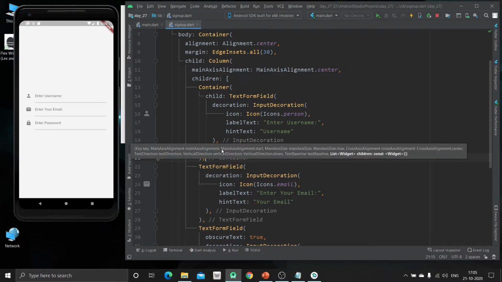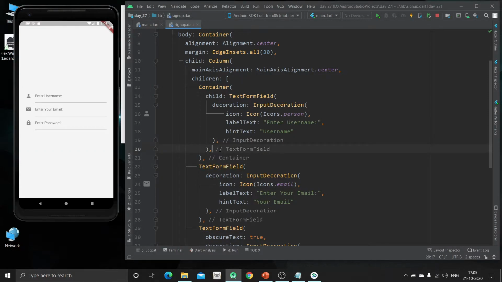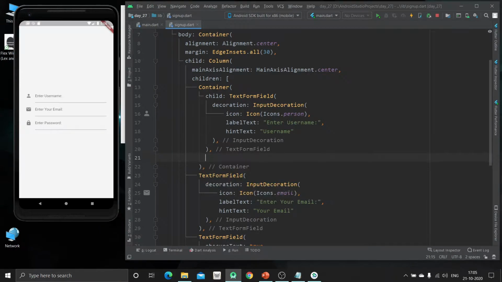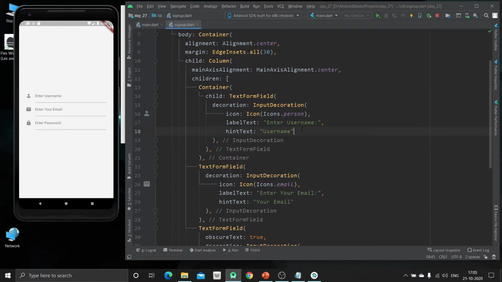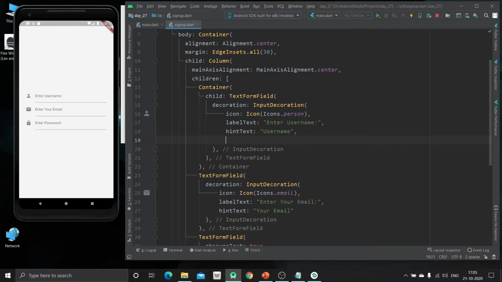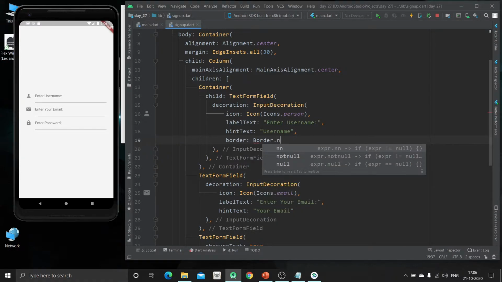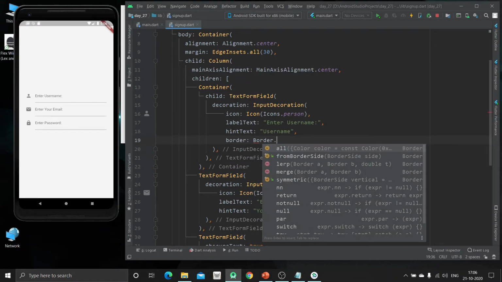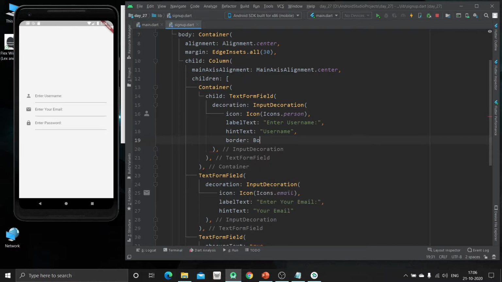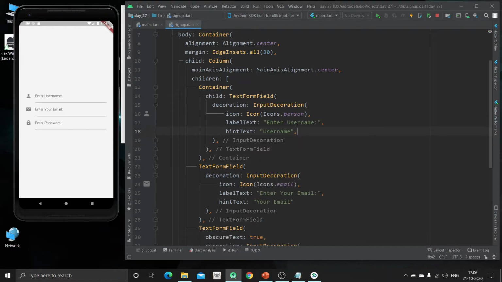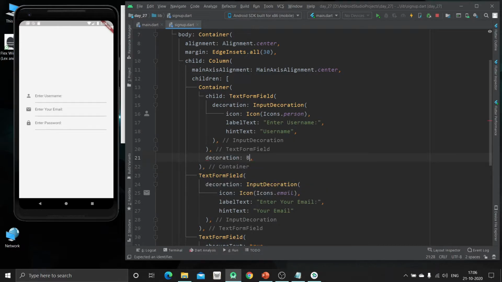Now I'm going to give some decoration to this container. First of all, in the input decoration the border should be none. We can give the border, but I'm not going to. I'm going to give the decoration to the container by using the box decoration widget.